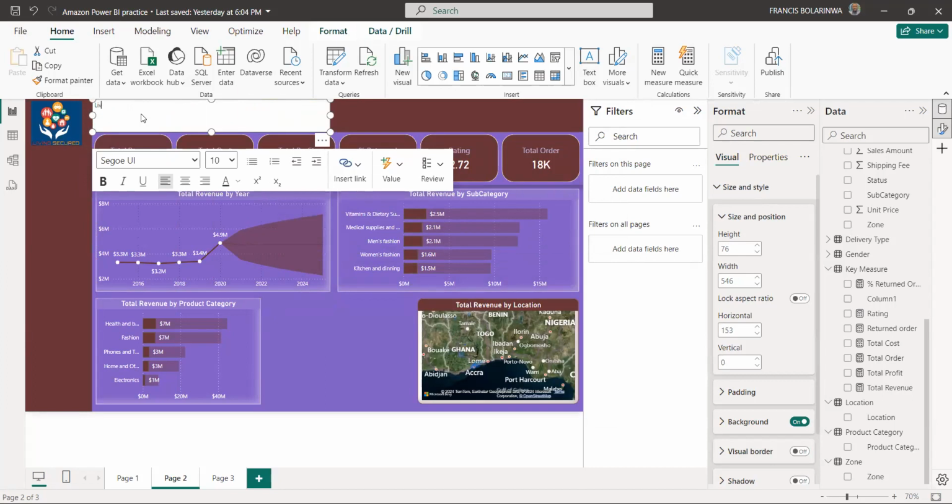Then you can now remove the background. You can format the text color and even the text size. So yes, this was what I did. So you can highlight it now.